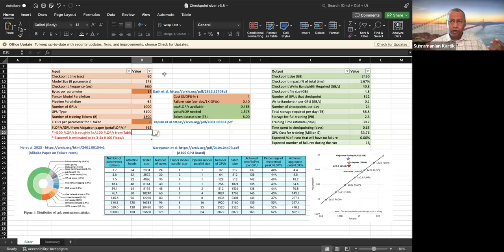So how does checkpointing work again? Every GPU basically writes out one file, which is basically its memory contents. This is done as a sequential large block write, and it's a buffered write. Okay, so it goes from GPU memory to CPU, and then it writes out the whole thing and creates a file. In the example I gave before, 8 tensor model parallel and 16 pipeline parallel, that's 128 GPUs. Every GPU will write out one file. So you'll have 128 files, and these constitute the entire checkpoint for